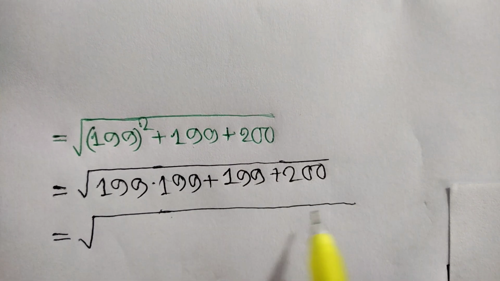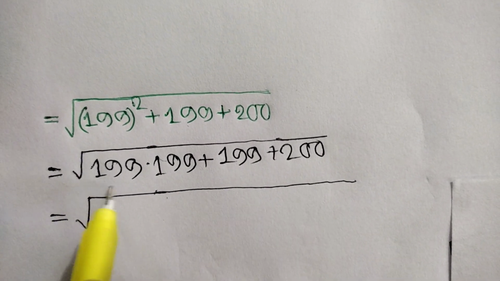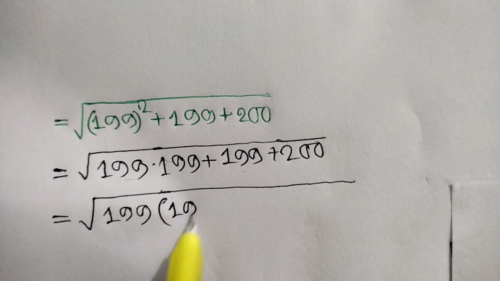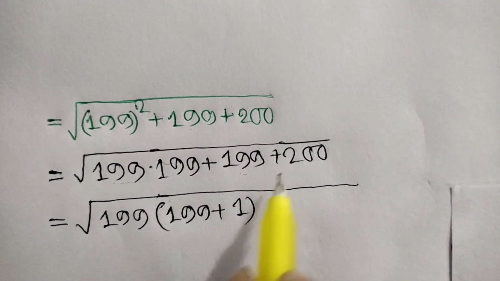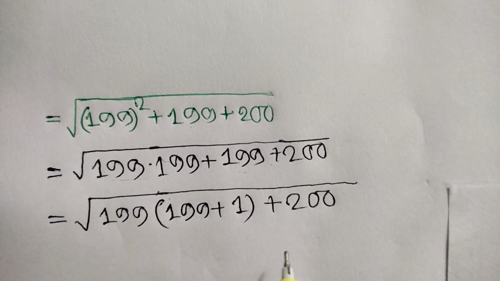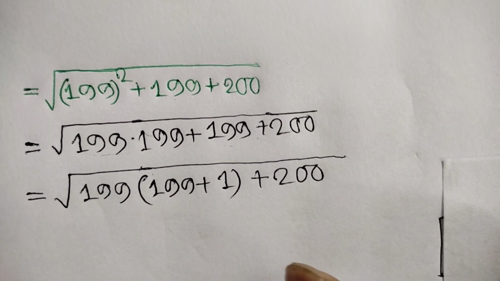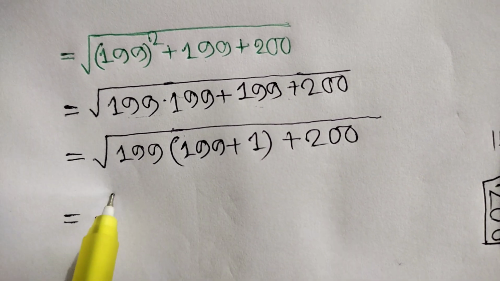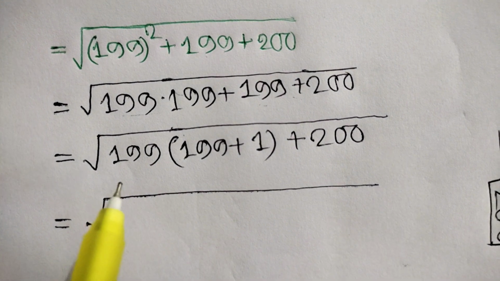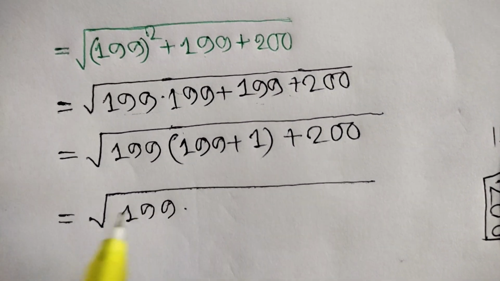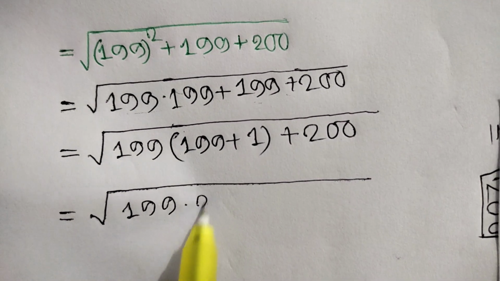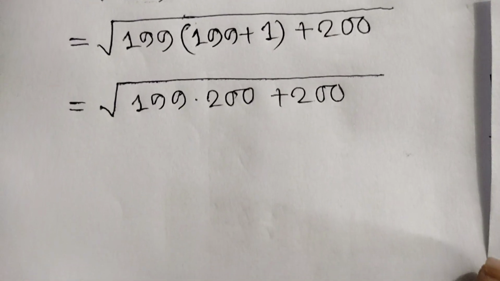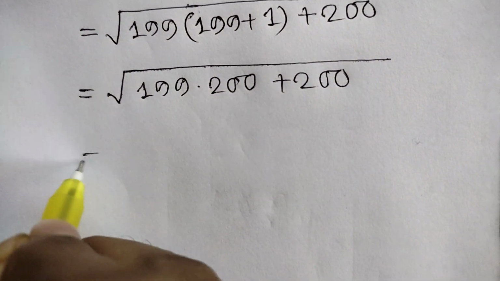square root of, here we can take common 199, so we will have 199 plus 1 plus 200 is equal to square root of 199 times 199 plus 1 is equal to 200 plus 200 is equal to